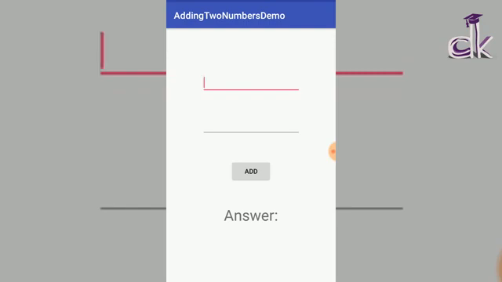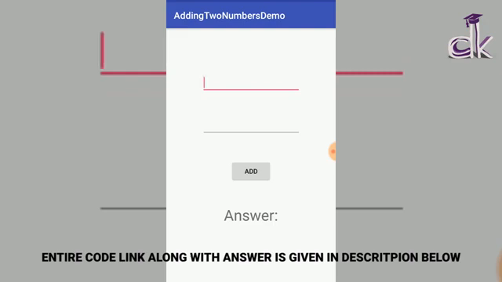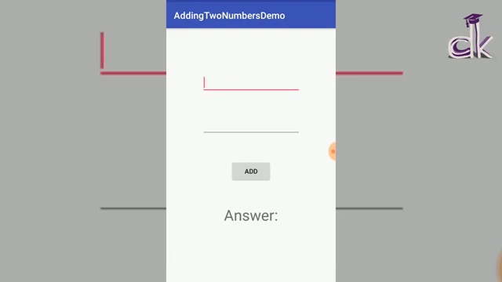I'll just give you a clue. What you need to do is check if the length of the first edit text is 0 or not, for both of these edit texts. So make sure you check the length before you let them click on the add button. Make sure you do this homework so that it will help you learn much quicker and better. I believe in applying and learning. So make sure you try to solve that error.